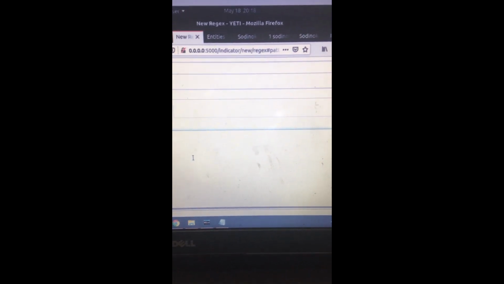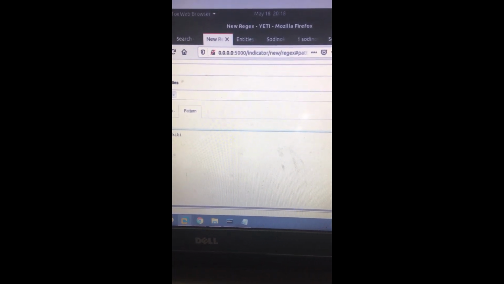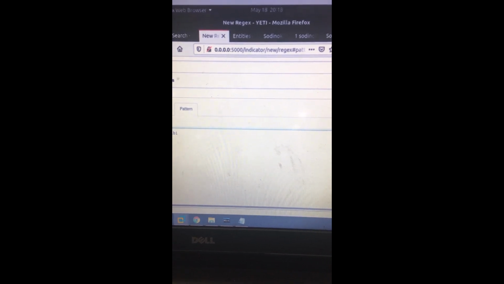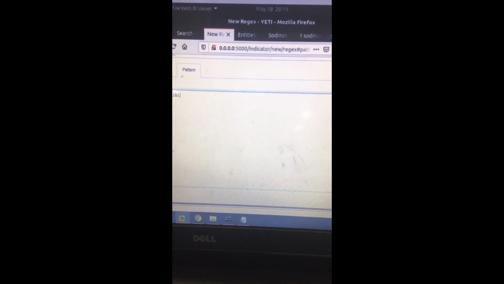In the pattern, you can type as follows, because we have already mentioned the value in the observable as 1 Sodinokibi. So in order to clear the confusion, I have typed a new pattern.